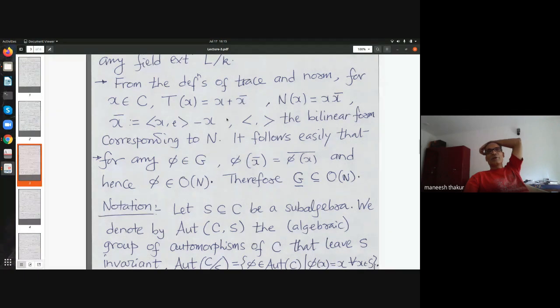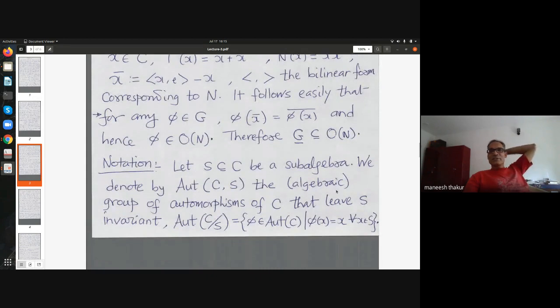Here, you can take a paper and pencil and do it. We will anyway take it up in tutorials, if anybody has issues with this, we will do that. But this, more importantly, gives me an embedding, an inclusion of G bar inside the orthogonal group of this quadratic form. That's really the takeaway from here.